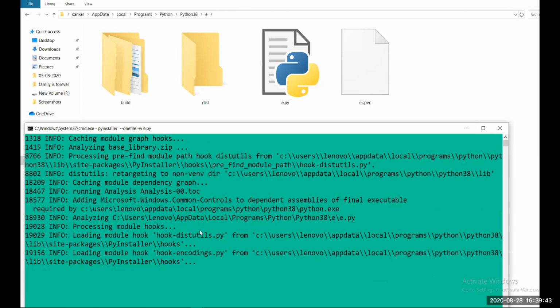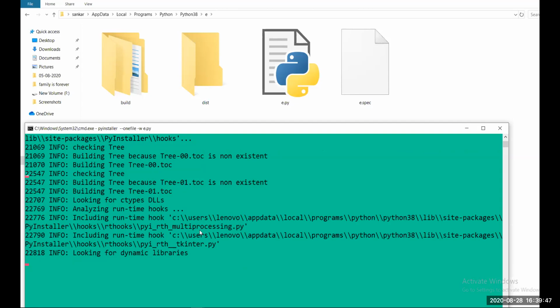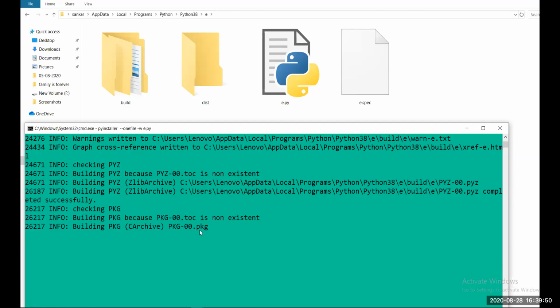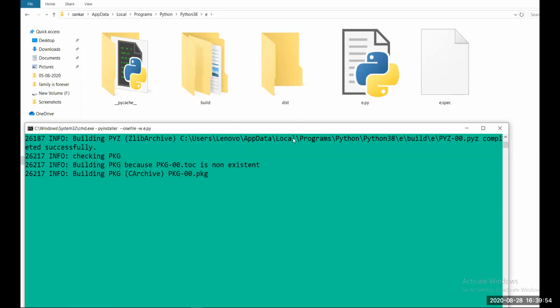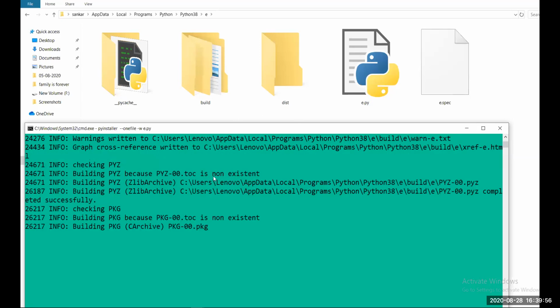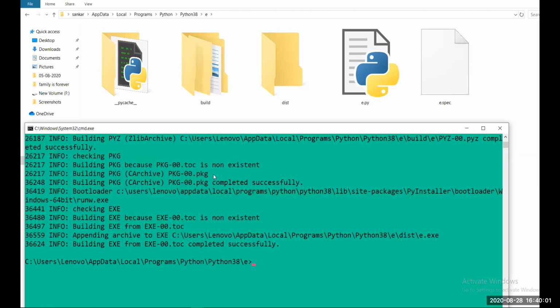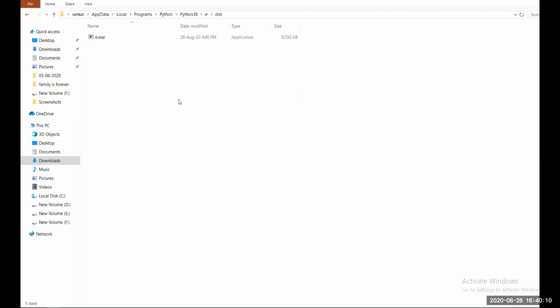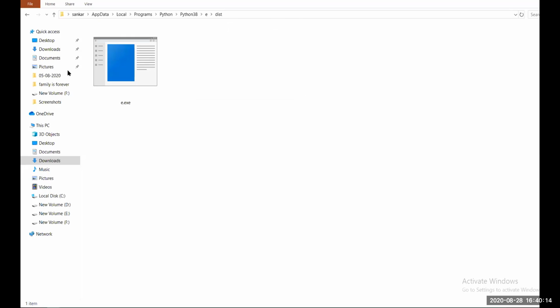In my system I have some errors, because I have blocked some unknown applications. So try this same procedure in your system. Here your .exe file has been created, e.exe.